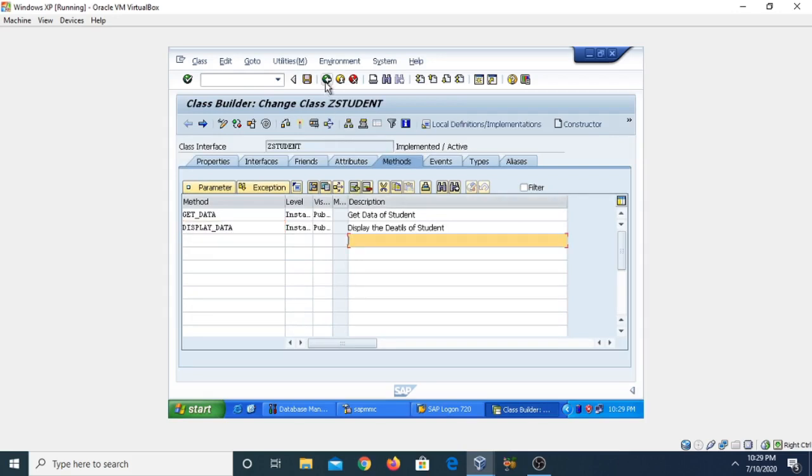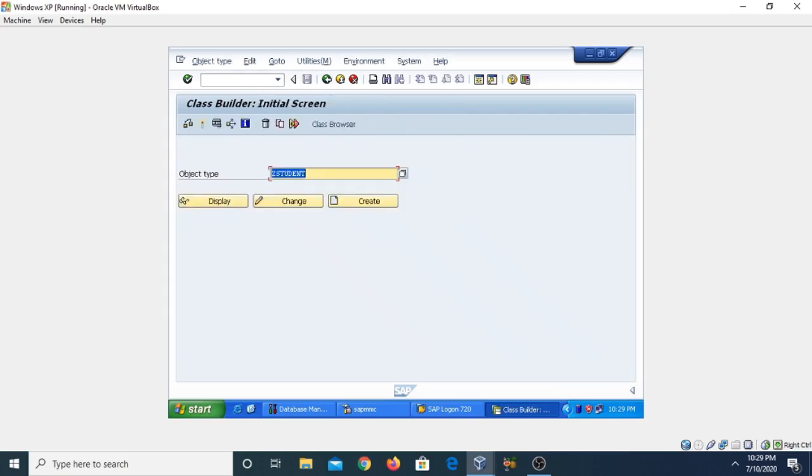Now come to the part of the global interfaces. So if you want to create the interface, I have already told you in the previous video that the global interface must be defined with the initial ZIF or YIF underscore. So here I am going to define the interface ZIF_ class, or either we can also choose the teacher.